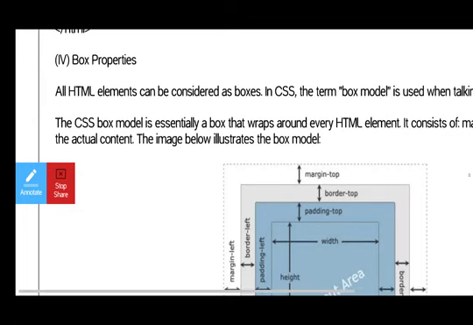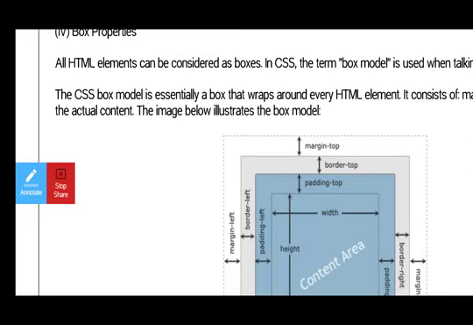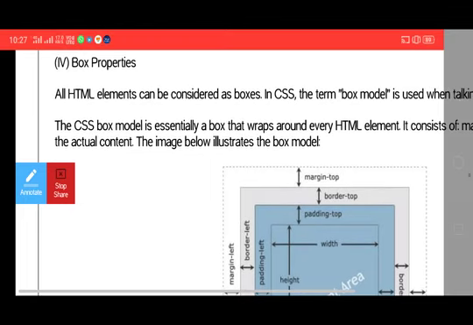All HTML elements are considered as boxes. Whatever the HTML elements, whether it may be headings, or paragraphs, or different types of ID or class elements that are present in the HTML, all are considered as boxes.